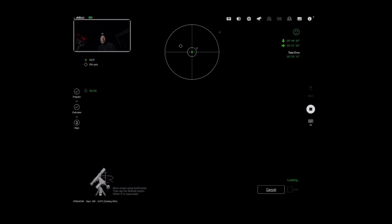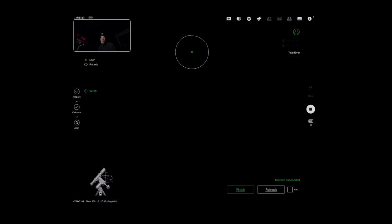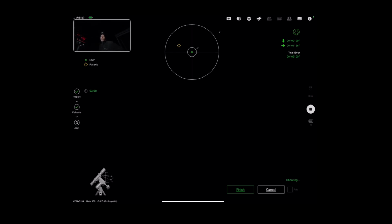Getting a lot closer. Okay, now we're getting really close. All right, so we're just going to take our time and do a very small adjustment on the azimuth, because the altitude is looking really good. Oh, too much. So we want to loosen this one. All right, let's try that. It's such a fine maneuver. You might just be able to, instead of tighten and loosen, just loosen one. It might be just enough to,